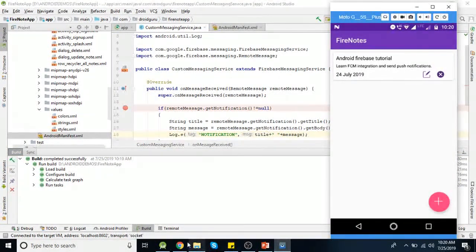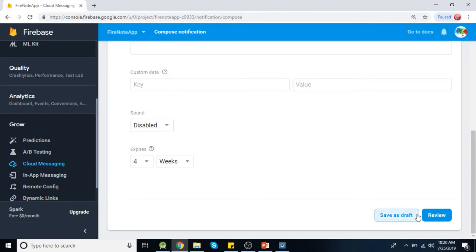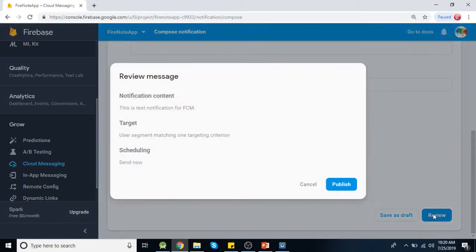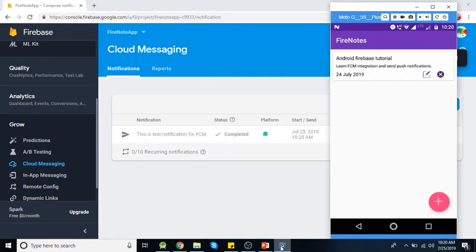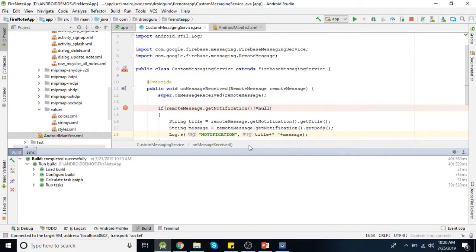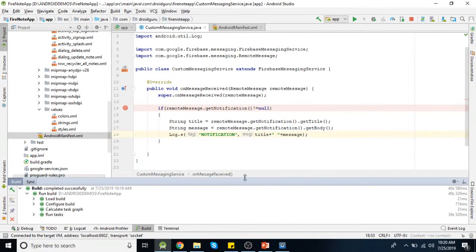Okay, now let's send that notification from here and publish. It's not received actually, let me check it.